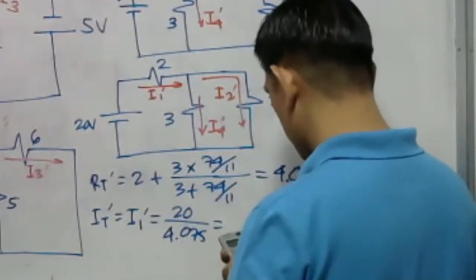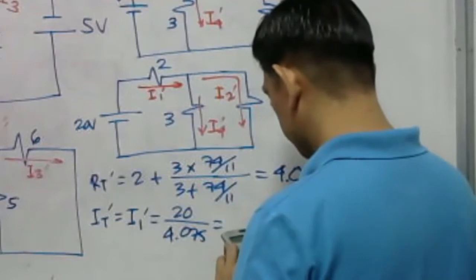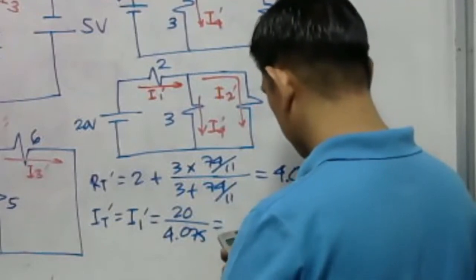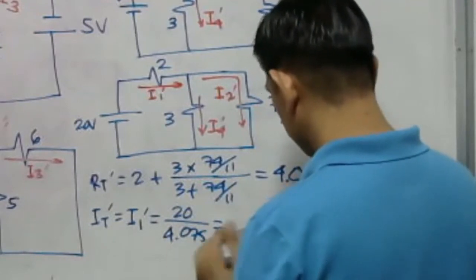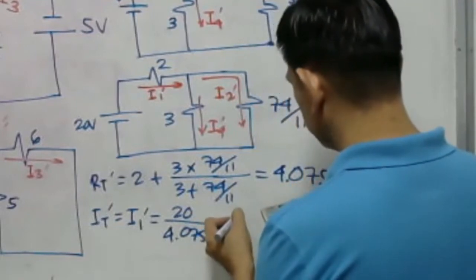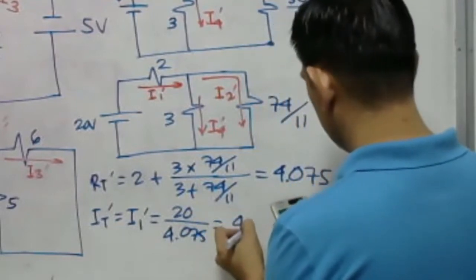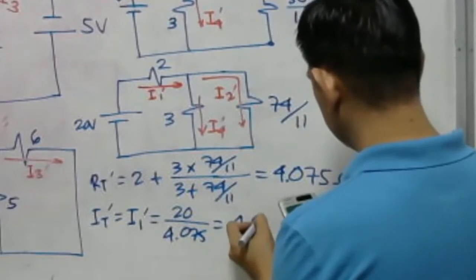This is 20 divided by 4.075 equals. So the answer would be 4.908